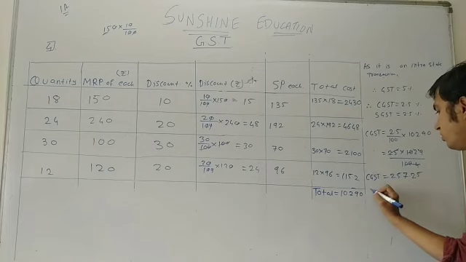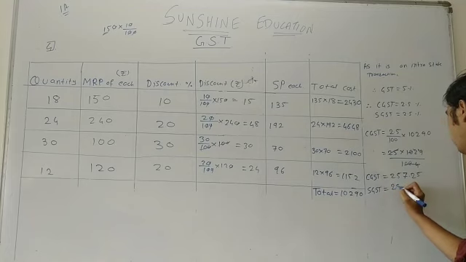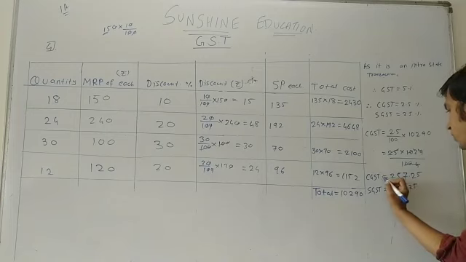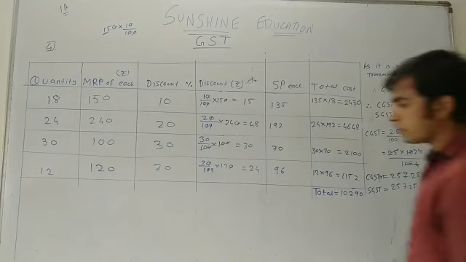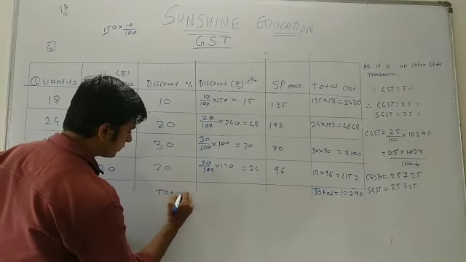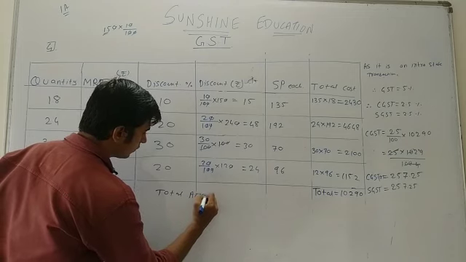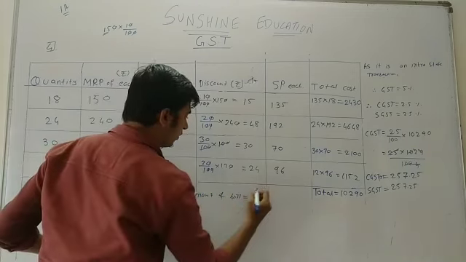Therefore SGST will also be the same, that is 257.25 in rupees. Yes, it is in rupees. So now, what is the total amount of the bill? Therefore I will write over here, the total amount of the bill will be this total amount